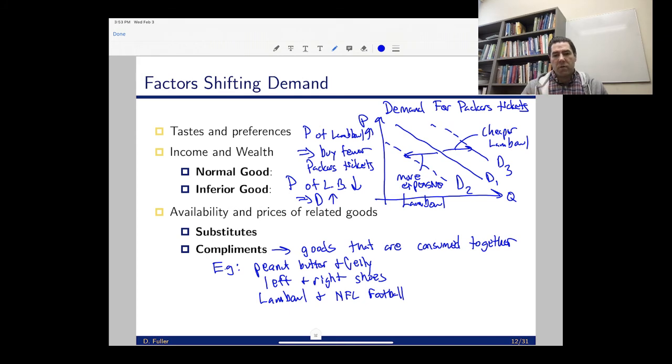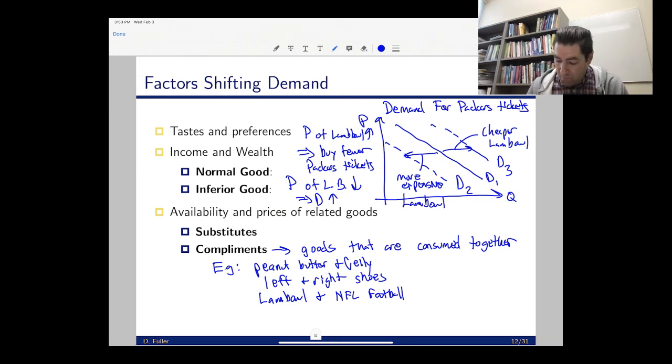Right, and so you can think of all sorts of examples, right? So maybe you drink soda and pizza together. So if the price of pizza goes up, you're going to tend to buy less soda. Demand for soda is going to go down. So the price of a complement and demand of the good in question move in opposite directions. So with complements,